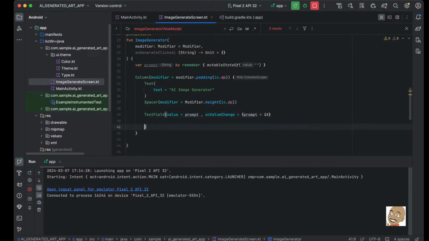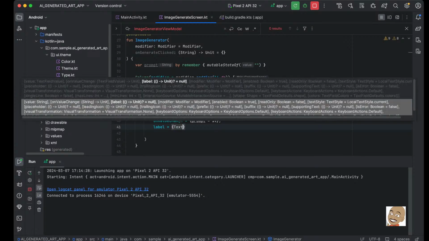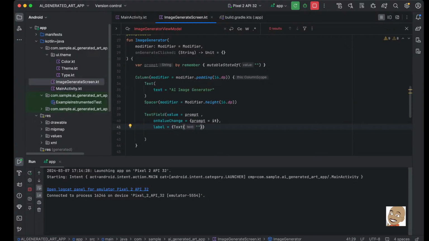And then thirdly, we are going to put a label within our text field, and this label is going to say enter your prompt. Okay, so